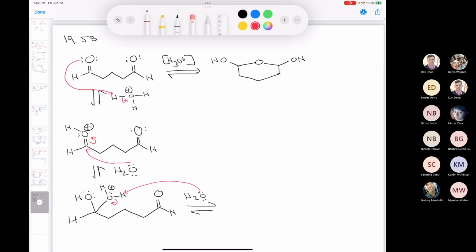Okay, there we go. And I end up with this intermediate. So 1, 2, 3, 4, 5, like this. So there's my carbonyl. And now I've got these two hydroxyls, and this is what's going to enable me to make a six-membered ring. Right, if I count 1, 2, 3, 4, 5, 6, now I can get a nucleophilic attack by one of